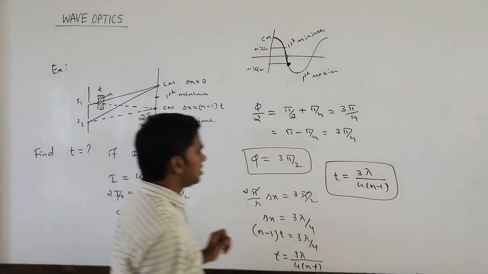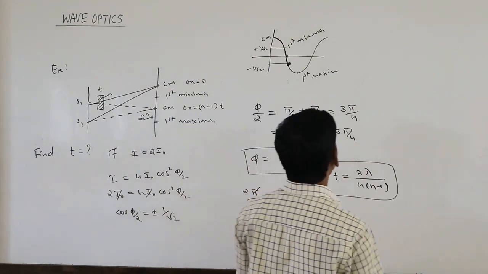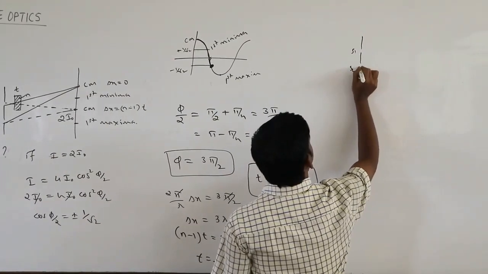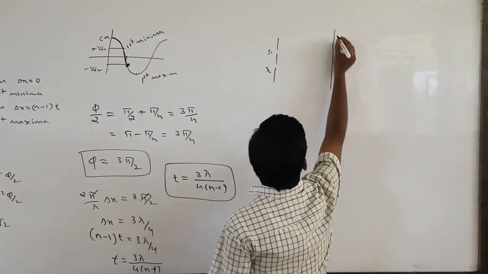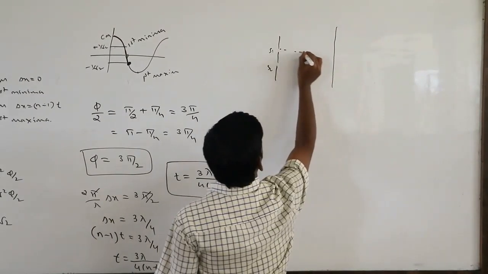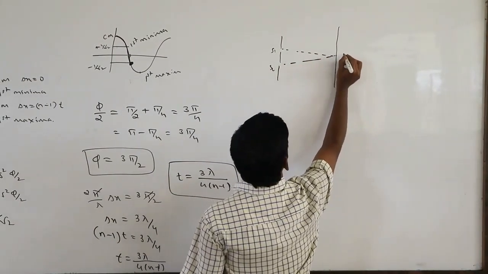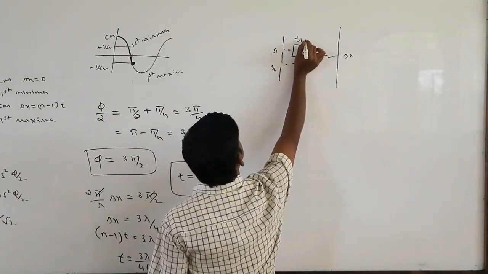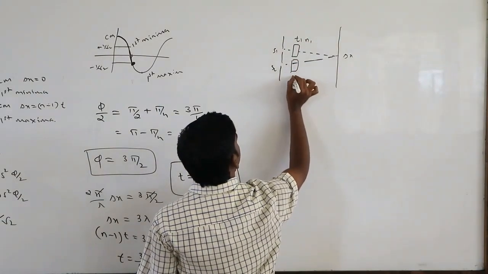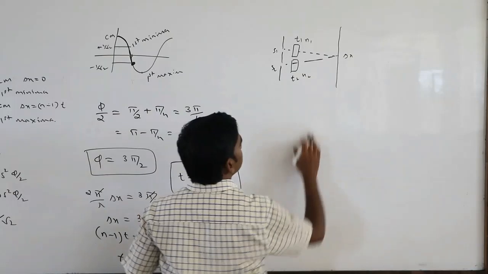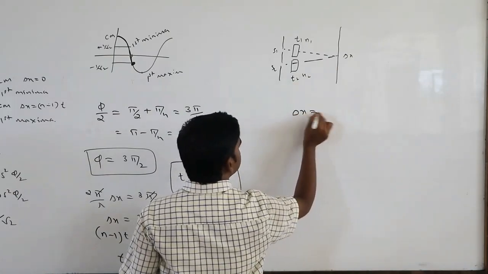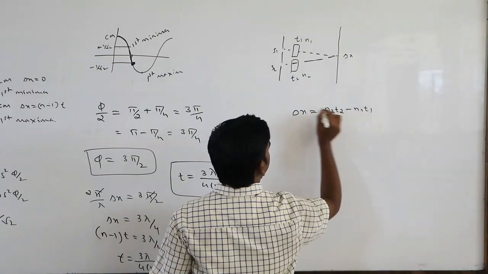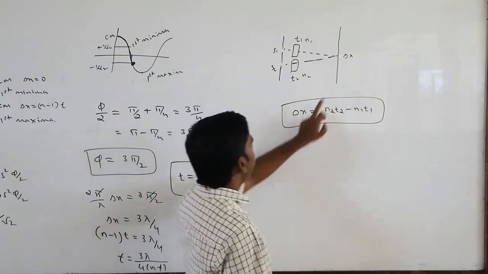Okay. So similarly, if I introduce two glass plates, suppose you are having S1 over here and S2 here. So this is the screen. Now at this point, what is the delta x? If they introduce two glass plates, of thickness T1 and N1 here, and here of thickness T2, N2. Okay. So what will you get for delta x here? You will get delta x as N2 T2 minus N1 T1. Okay. So this is the delta x at the center.